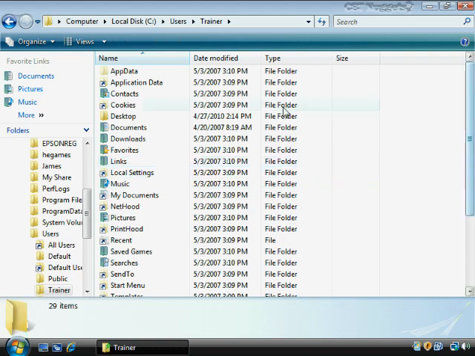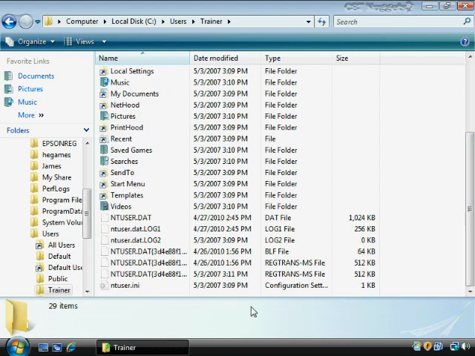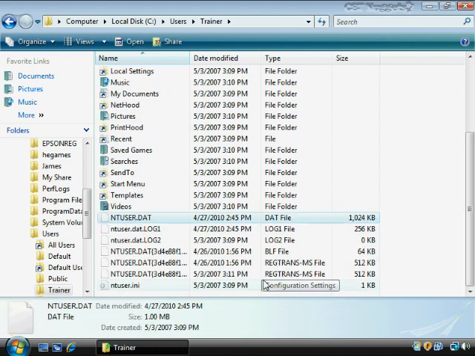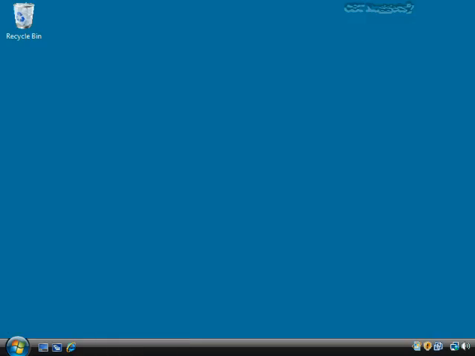Now, since I have hidden files and system files revealed here, and operating system files revealed, notice that it also shows me ntuser.dat. Remember when we just looked at the registry back in Windows XP? When you go to HKEY_CURRENT_USER, it exposes this file. In other words, this file is what populates those settings. Now, you can't double-click on this and edit it. You just edit it through regedit, and that's how you expose those settings. Although, once again, it's best if you try to avoid editing the registry.